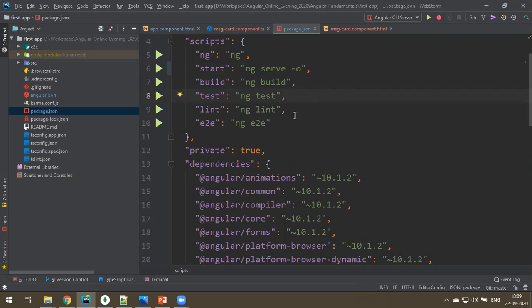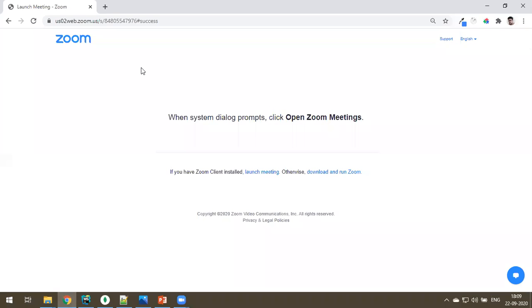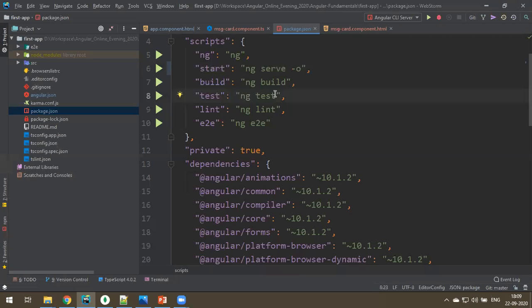You don't need to open that manually. My default browser is Chrome, so it opens in Chrome, whatever your default browser is. So from now onwards, you can do ng serve hyphen o, or else just do npm start.